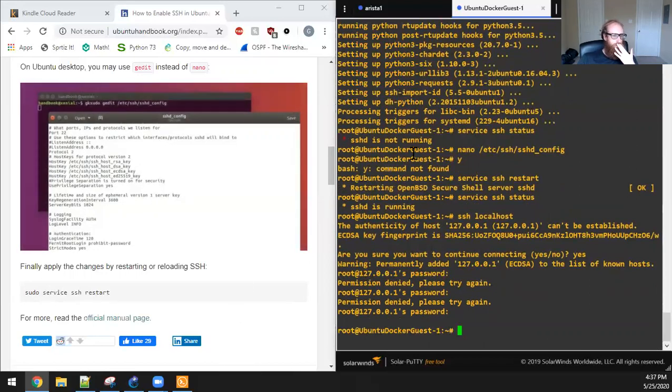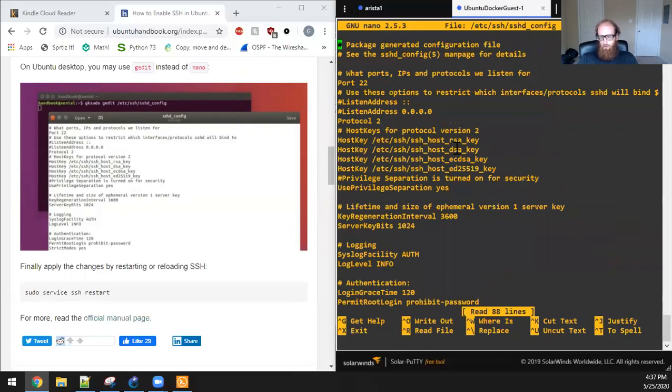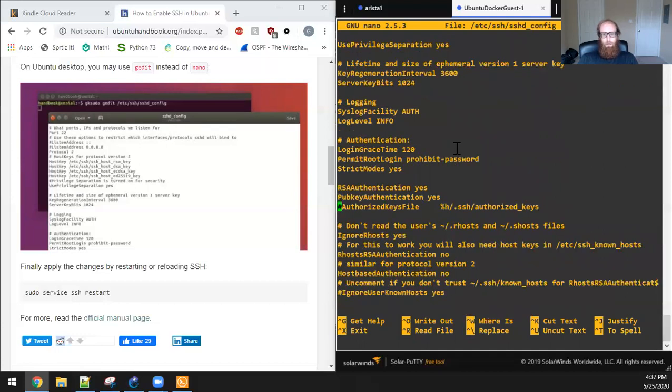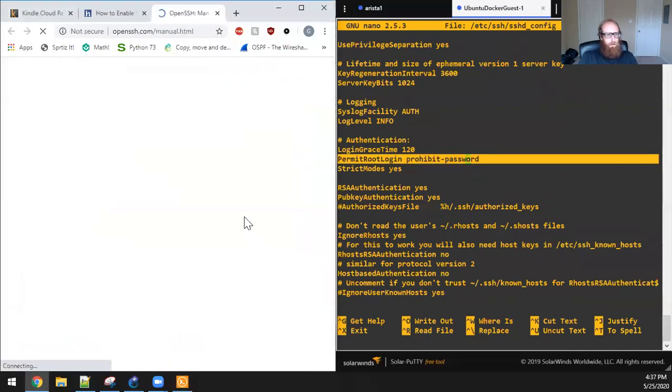I'm going to need to do that. It looks like authentication is in that file I was looking at before. Here we go. So authentication, login grace time, permit root login. Yep, so I think I want to permit root login, but instead of prohibiting the password, I want the